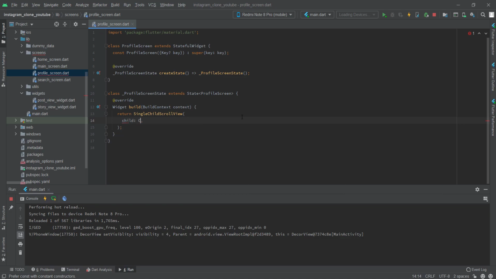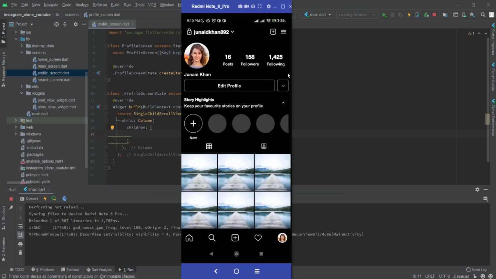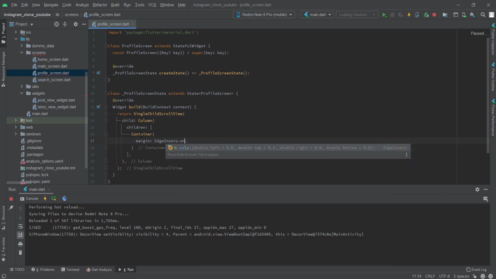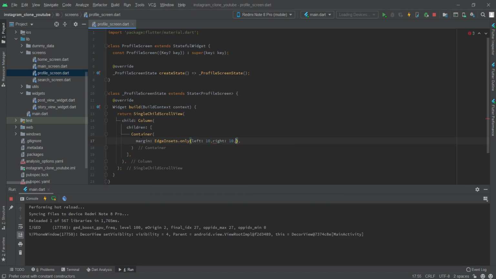The child for this will be column, children, and the first child will be, as you can see, we need to add some margin for this, so that's why we need to use container, and the margin will be edge insets dot only, left 10, right 10, and top 10. Okay,